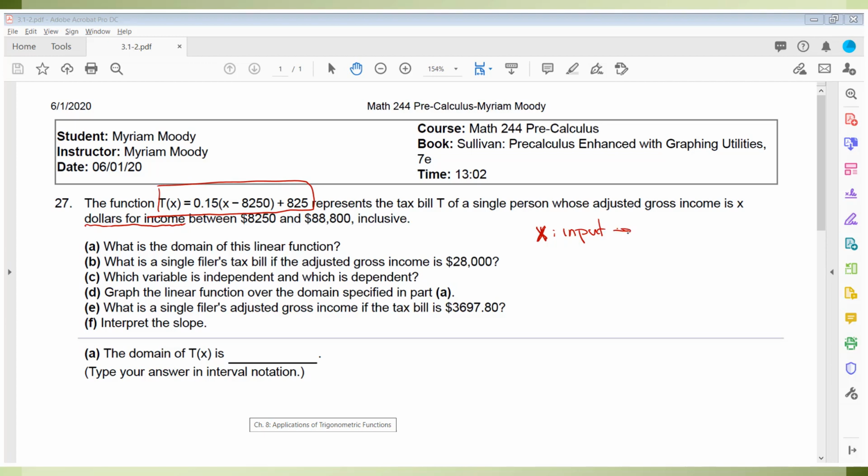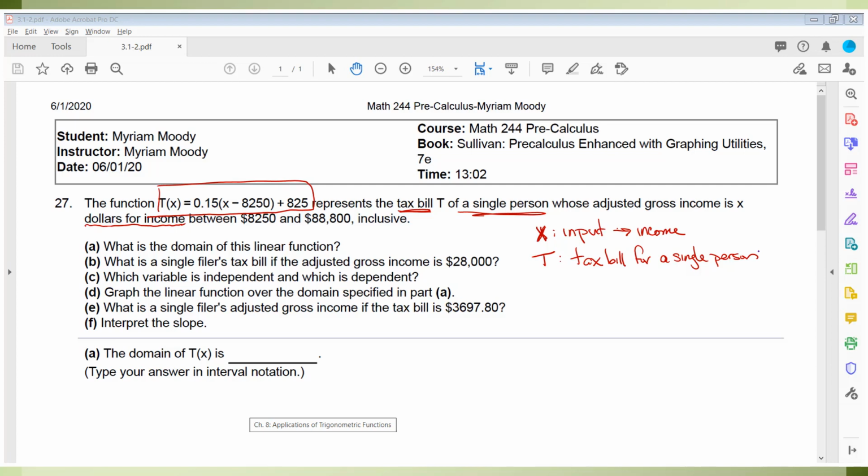That's the income, isn't it? And the T, which is the output, is the tax bill of a single person. Not a married person, a single person. All right. Now that we understand what the input and the output represent, and we see that function,